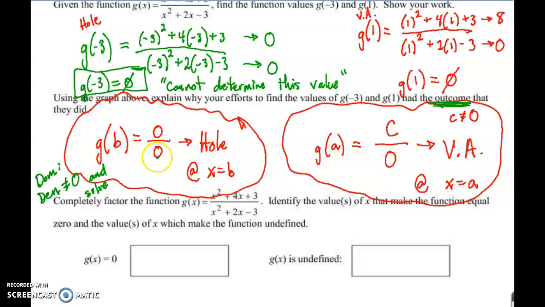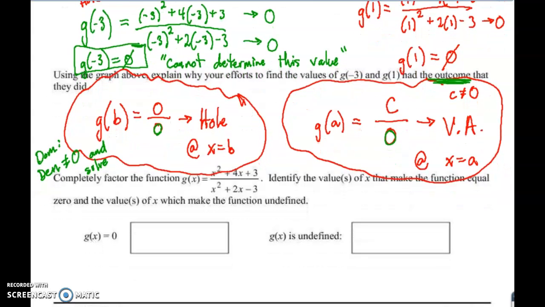If the denominator equals 0, then if it's 0 divided by 0, it's a hole. But if it's some other number divided by 0, you get a vertical asymptote. And one more thing is what they want you to notice with this bottom part on this front page